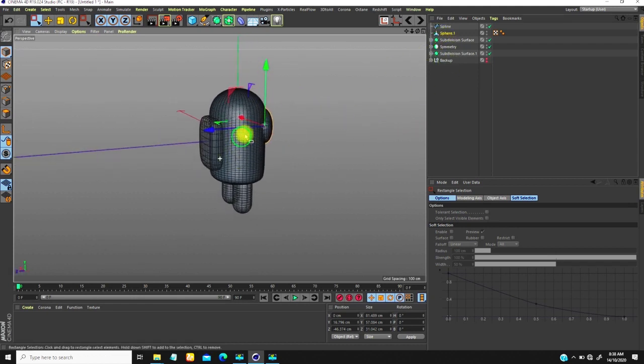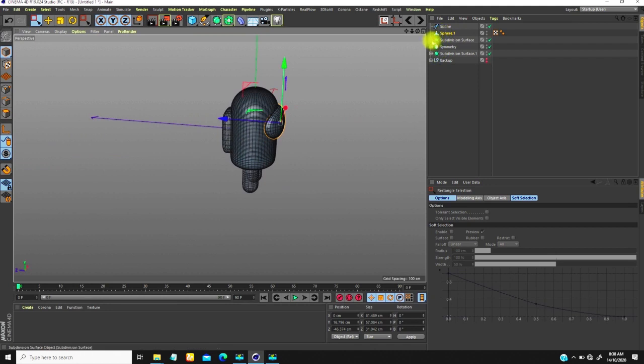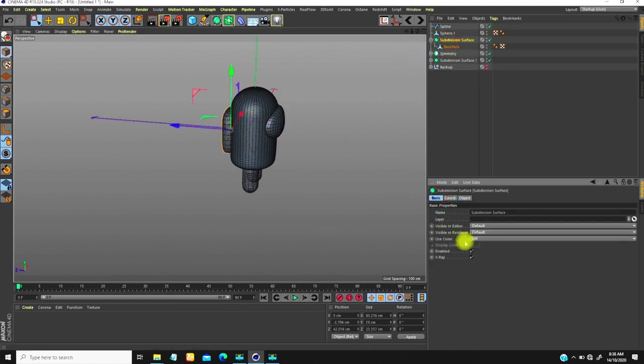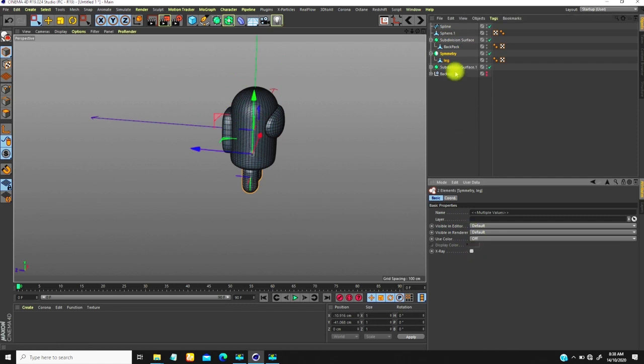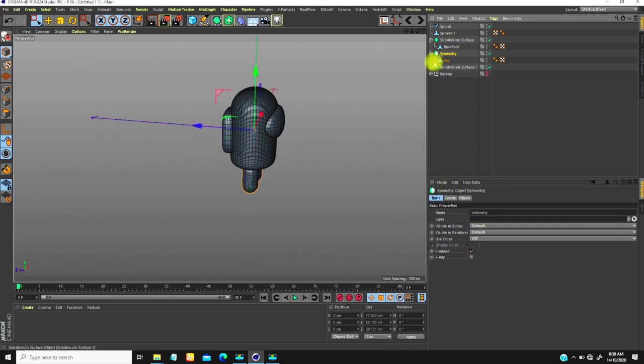So let's try and quickly texture this using Redshift. So if I come here, make sure I'm out of my X-ray mode for all the objects. And I think for this is fine, so we are out. So these legs,